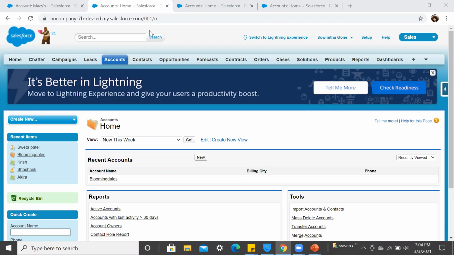Clear? So this is a standard relationship. It is not a lookup. It is not a master-detail. Salesforce is providing this functionality. Many people will be confused why we can create roll-up summaries for opportunities, not for contacts. Both are the same here, right? Because that is provided by Salesforce. The relationship between accounts and opportunities is master-detail. The same thing: as per the UI it is a lookup, but in business logic it is like a master-detail.